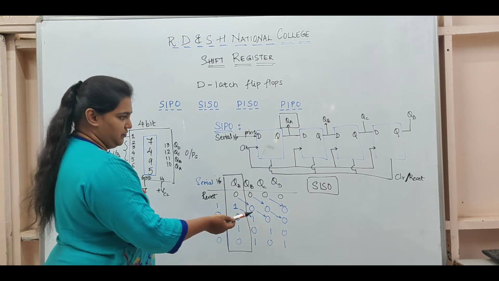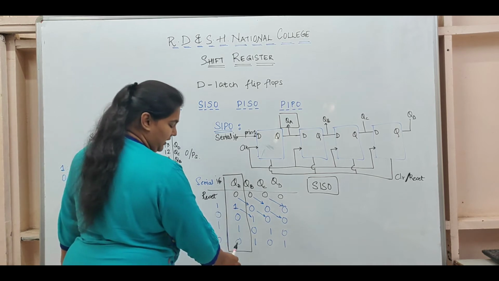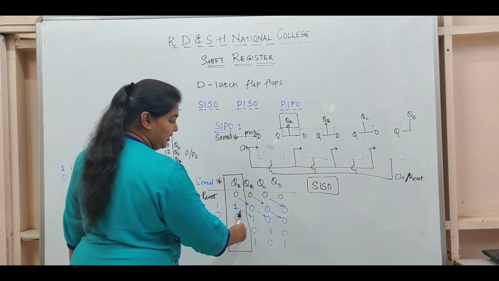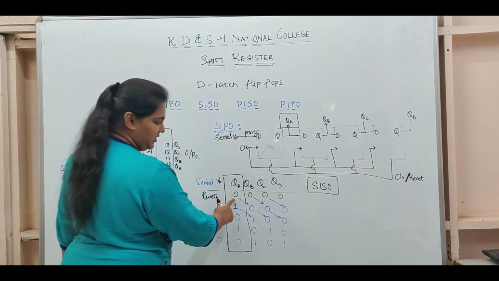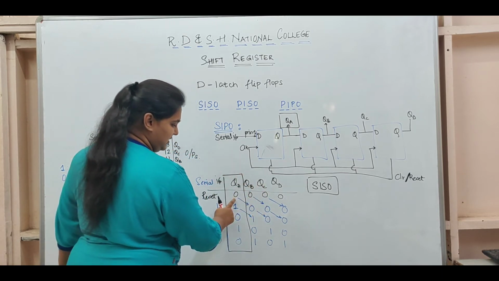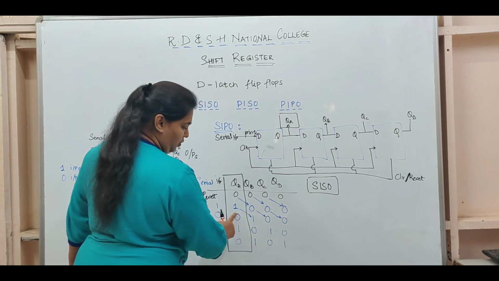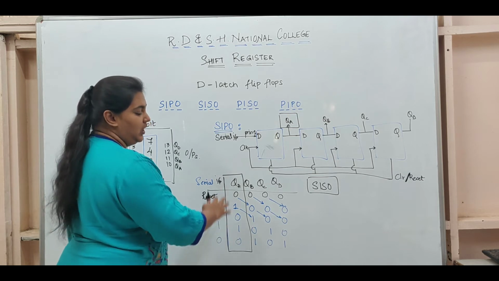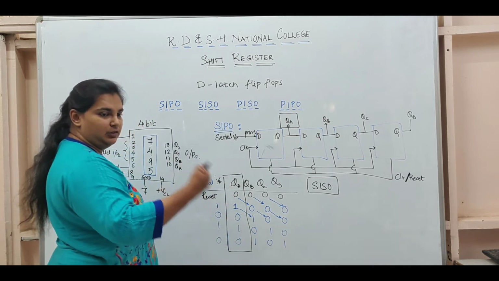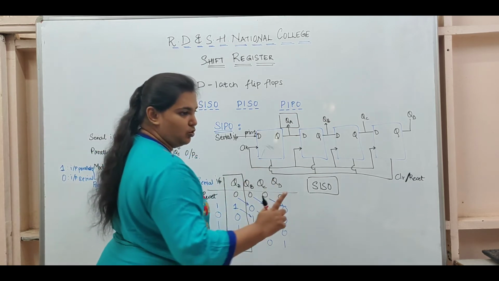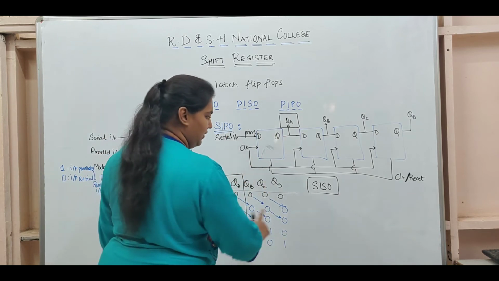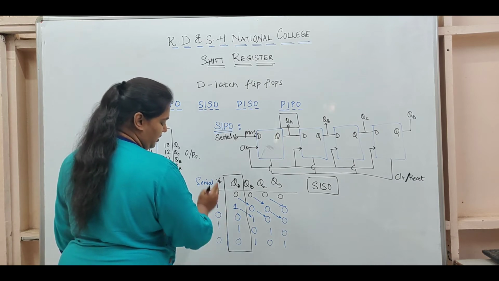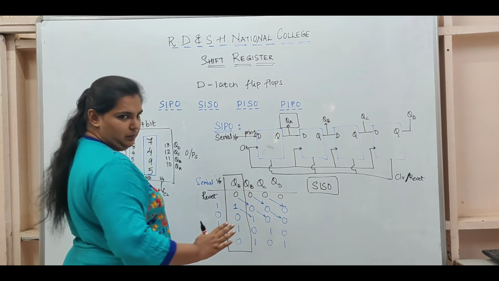You will ask what's the difference? Here we are taking only one data, whereas in serial in, parallel out what happens is we have stored that data. So if you can see, for 4 clock pulses this data was stored. So this is the most useful for data storing, that even after 3 clock pulses my data is still stored. Only after the 4th clock will it vanish. For serial in, serial out, however, it will just give me whatever is input as the output.